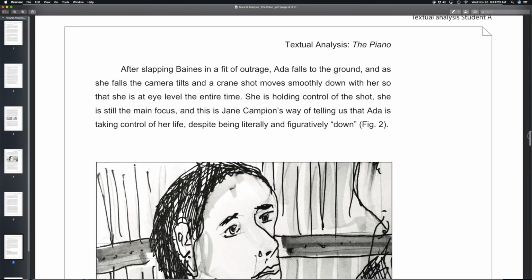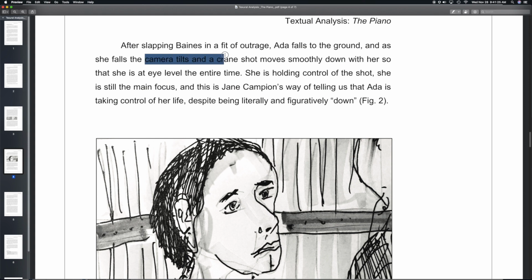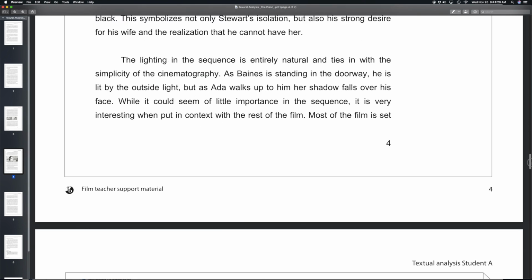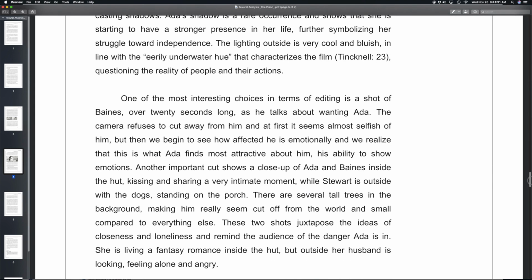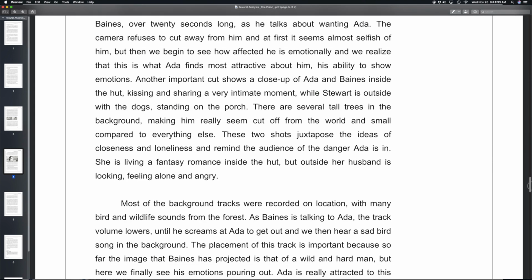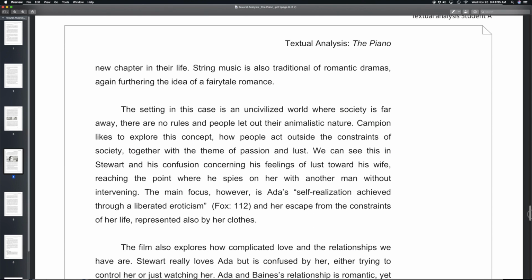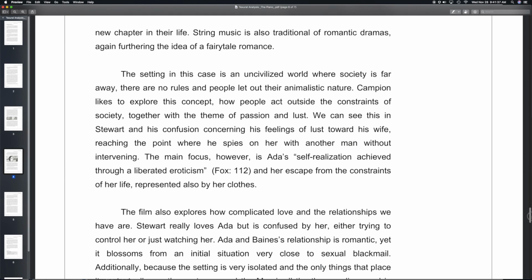Again, we also talked about the camera moves and what it looks like, what it sounds like here. Again, all very important. And now we're talking about the uncivilized world that they live in, animalistic nature, things like that.